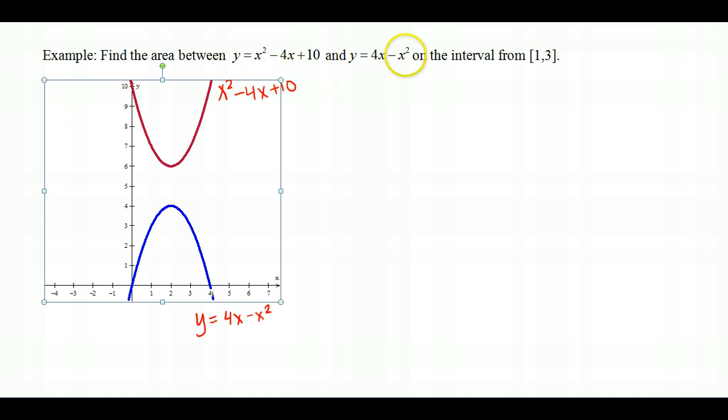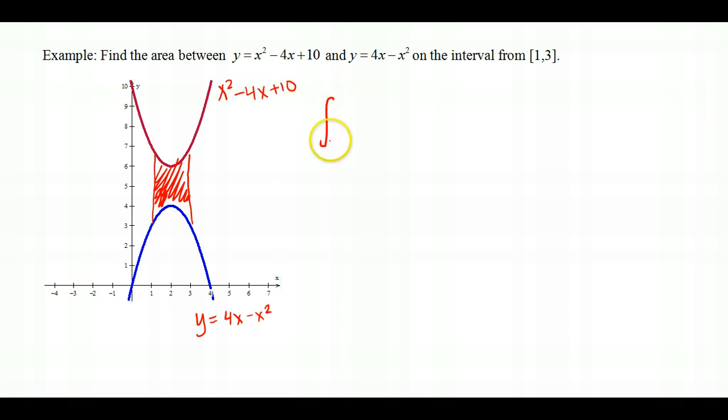So we are given an interval as well. Find the area between 1 and 3. So here's 1, so let's sketch the area we're trying to find, and here's 3. We're trying to find this area here that's trapped between these two curves and between 1 and 3. So let's go ahead and set up our integral. We're going to have the integral from x equals 1 to x equals 3 of the top function, so we have x squared minus 4x plus 10, that's one whole function, minus the bottom function, which was 4x minus x squared